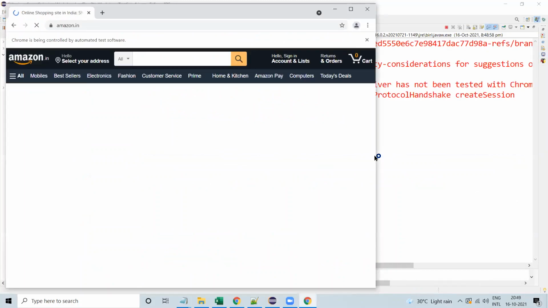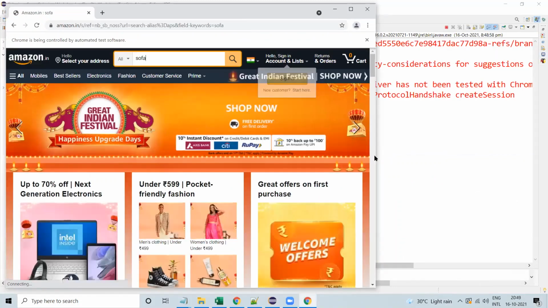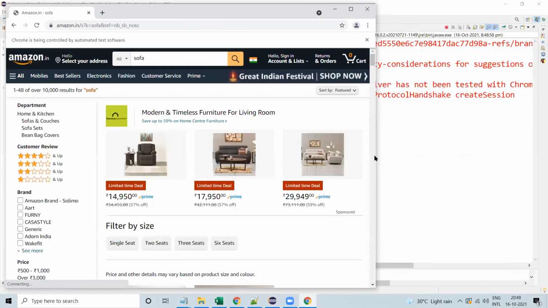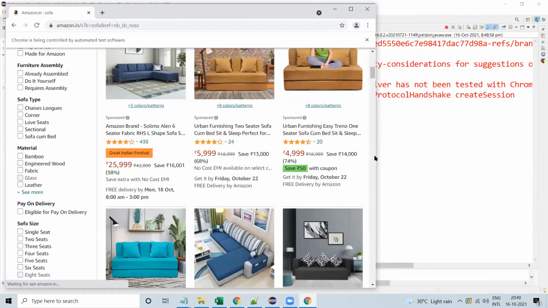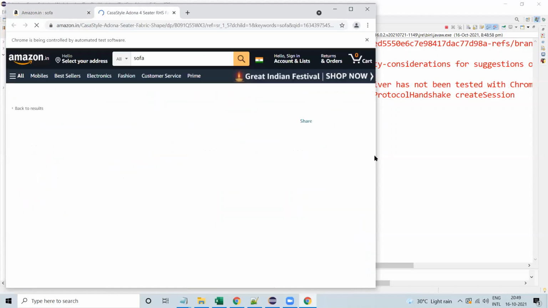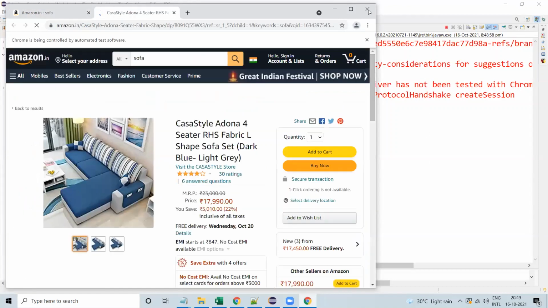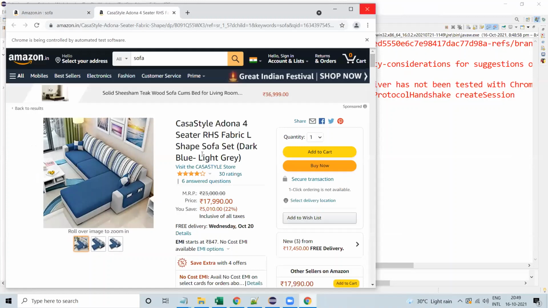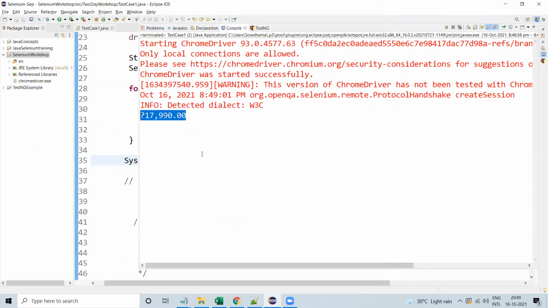After that, using the if condition, we can check whether the price of the product is correct or not. So it should print the price of the product. This is the way we need to